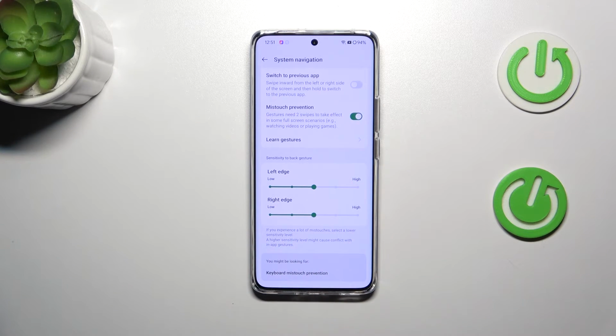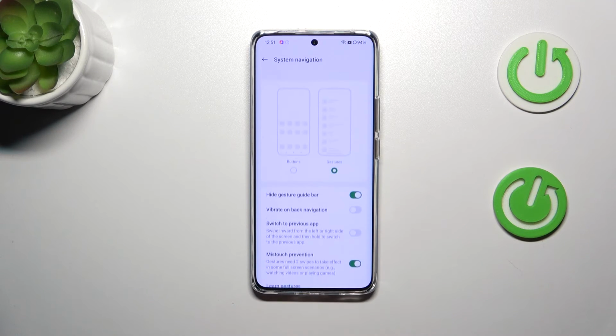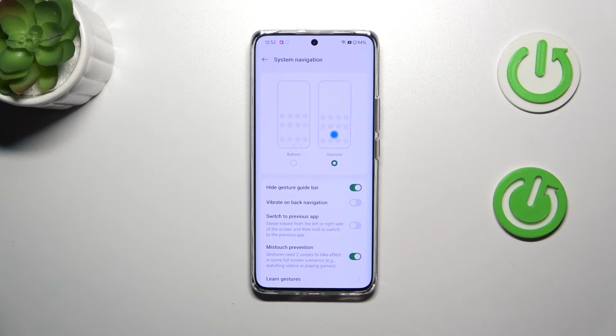You can change the sensitivity for the back gesture, and to be honest, I highly recommend to get back to this option after a while of using the gesture, so you will be able to really decide whether you need the sensitivity to be lower or higher. So just go through. Let's move into the tutorial where I show you how to use the gestures. So of course here we've got the animation, but I feel like explanation will also work and it will be